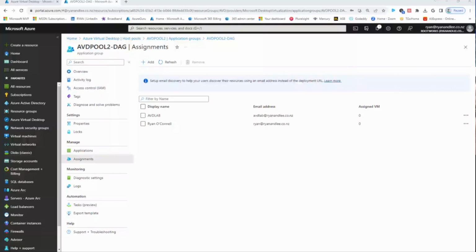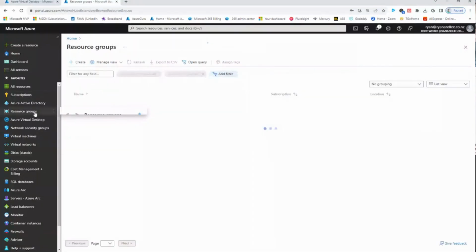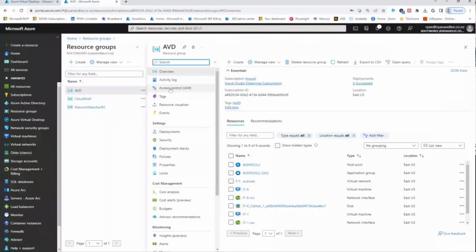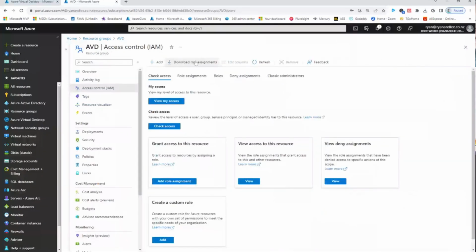And then, of course, we're going to go back to our resource group. So once we've done that, we need to go to resource groups. I'm going to click on my AVD resource group. I'm going to come to IAM. And I'm going to go ahead and add an assignment. So I'm going to add a role and I'm going to type in